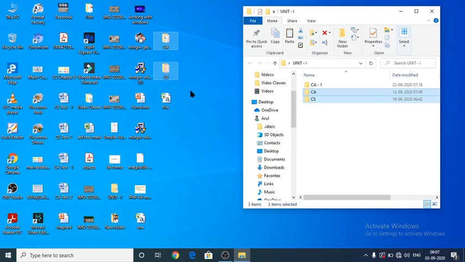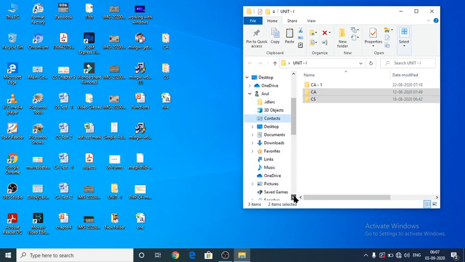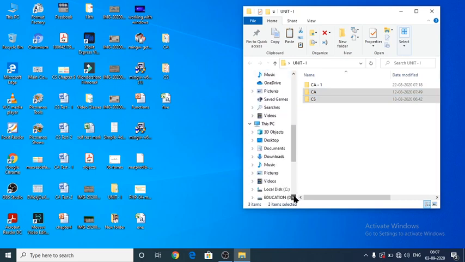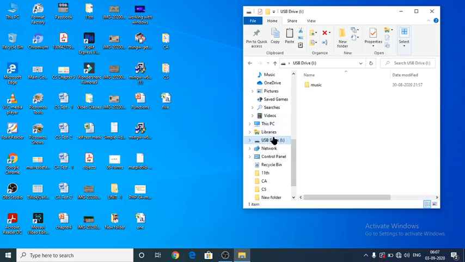So next one is drag and drop. See here, while you are going to drag and drop, a music file is there.